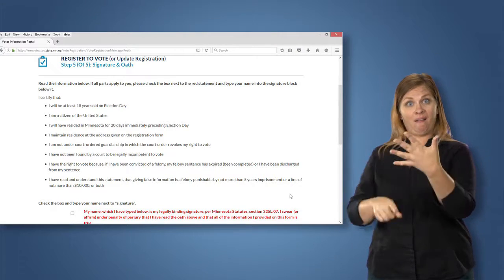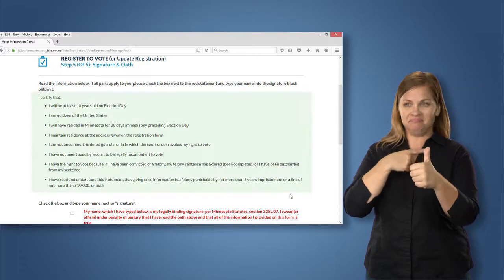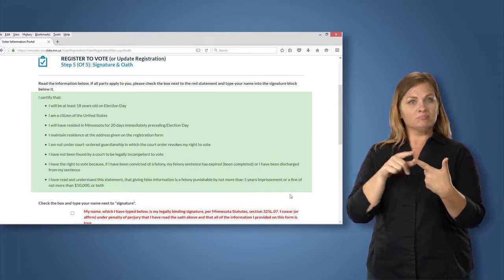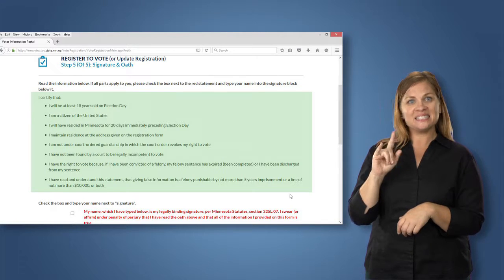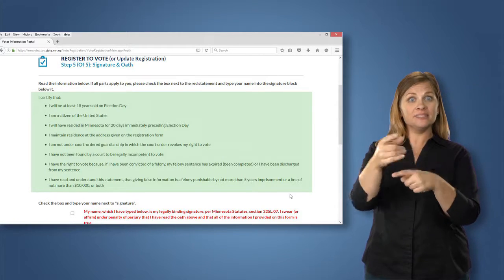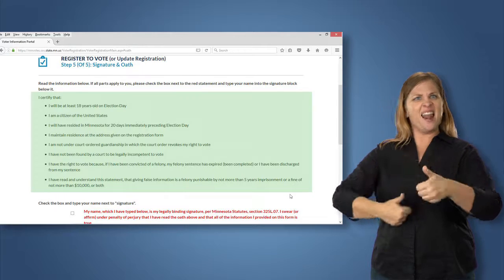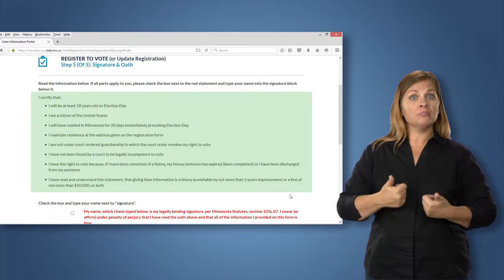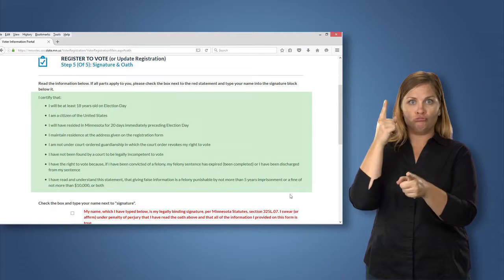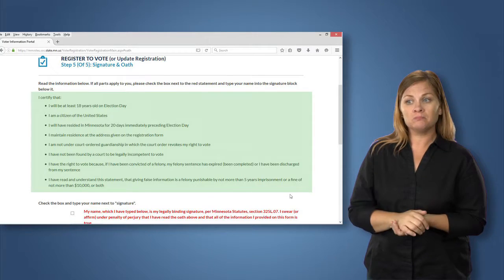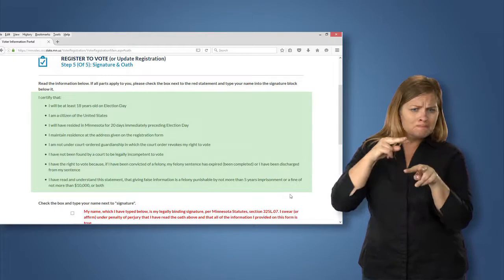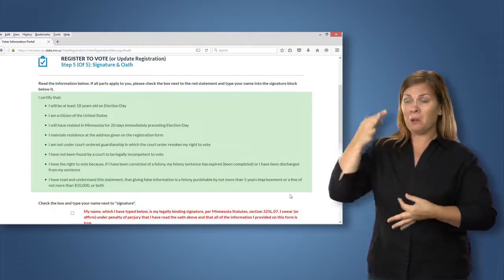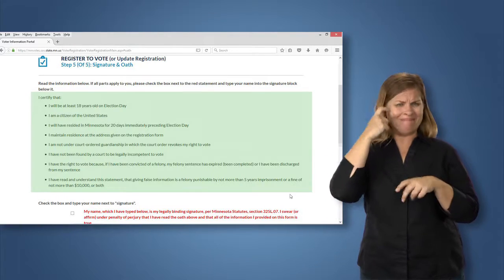There is an oath that you need to sign. It says, I certify that I will be at least 18 years old on Election Day, am a citizen of the United States, will have resided in Minnesota for 20 days immediately preceding Election Day, maintain residence at the address given on the registration form, am not under court-ordered guardianship in which the court order revokes my right to vote, have not been found by a court to be legally incompetent to vote,